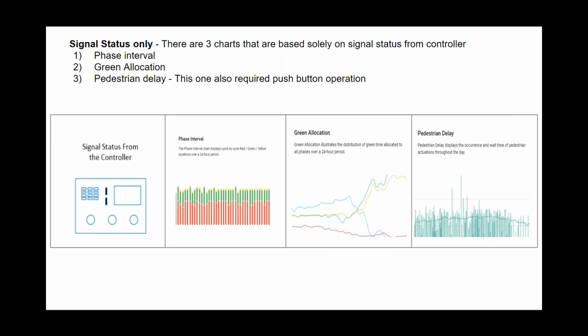The last chart, PED delay. This comes from the push buttons, usually just directly wired into the cabinet, so not normally is the input coming from another source, but from the controller we can start seeing some of this combination of effects of how long the pedestrian signals are up, how long people are waiting between pushing the button and actually getting to cross the road. So some basic information around how much time is being allocated simply for the PED phases.